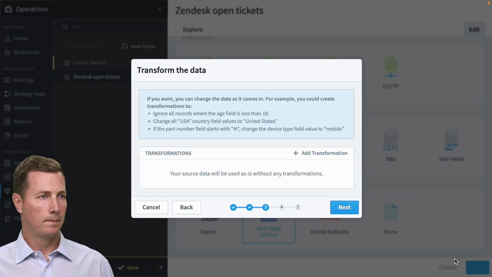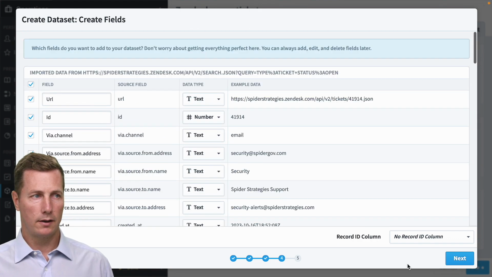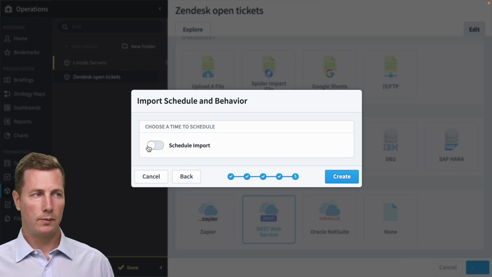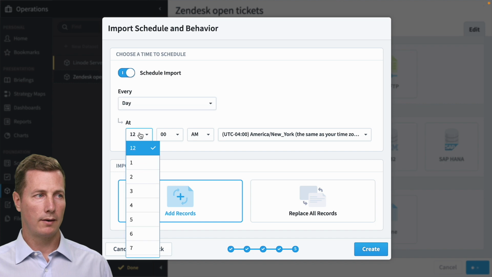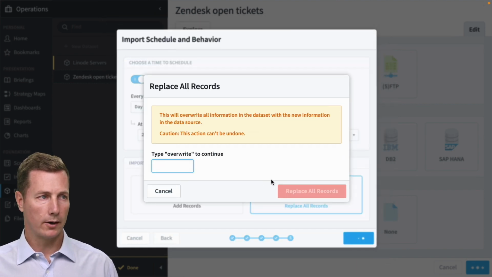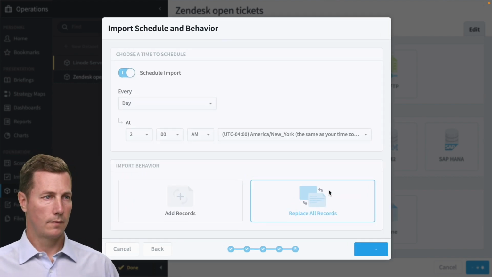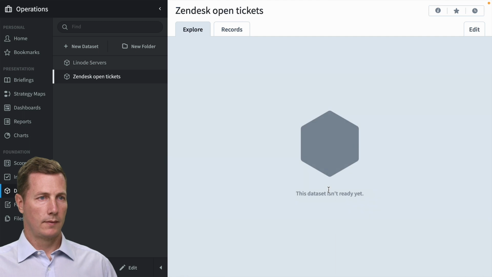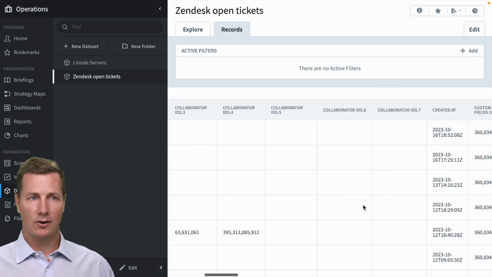Hit next. We don't want to transform the data or clean it up. And these are all the fields that we're getting back. Looks good. Hit next, and we can schedule this import. We can run it every 6 hours, every 12 hours. We're going to run it every night at 2 in the morning. We're going to get new data, and we're going to replace all records when it comes in. And that's it. Our data set's building up, and there are 47 tickets that are currently open, and you can